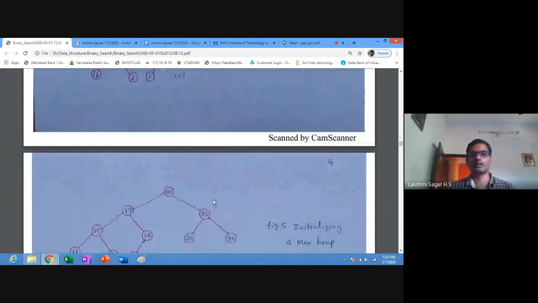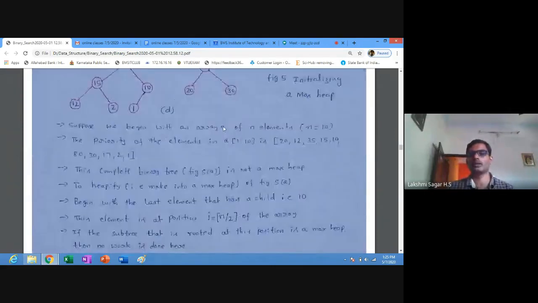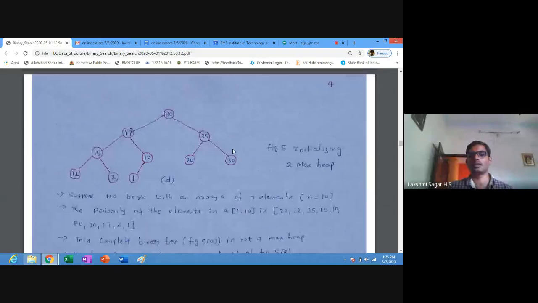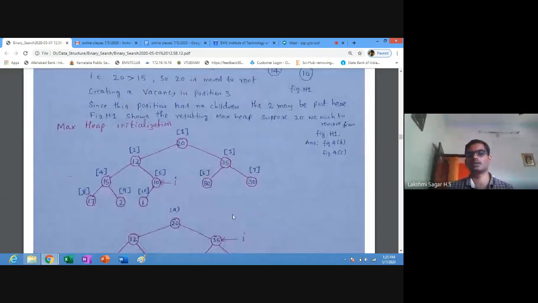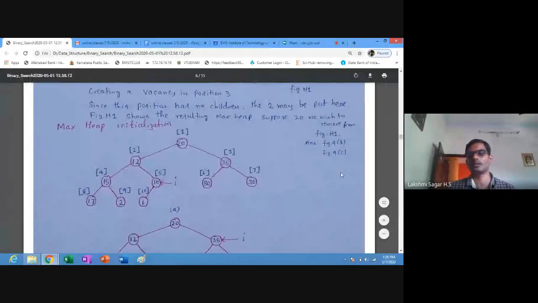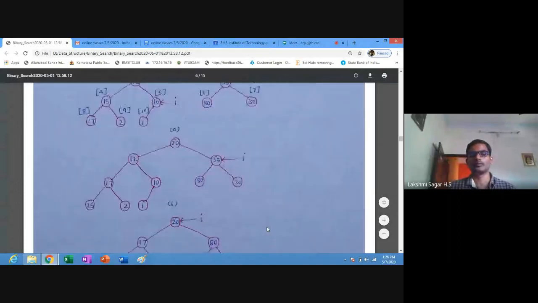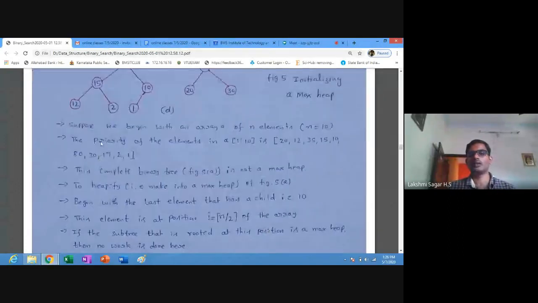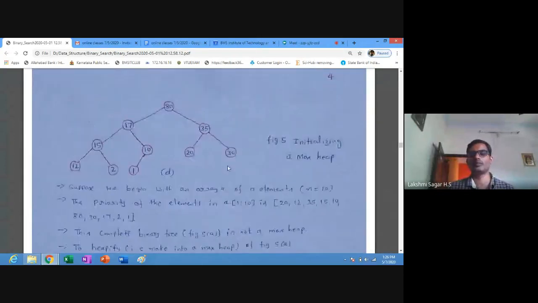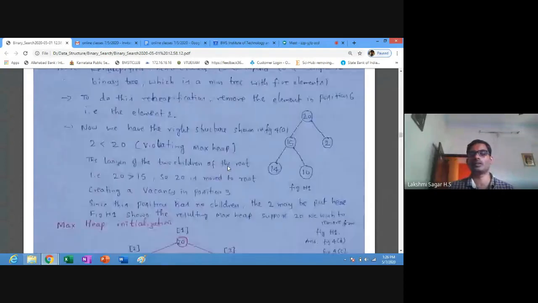Suppose we begin with an array of n elements. Here, the array size is n equal to 10, so it can store 10 elements. This binary structure can be represented using an array. The priorities of the elements in A[1 to 10]: first 20 is stored at index 1.